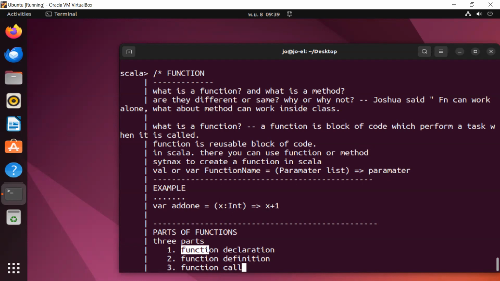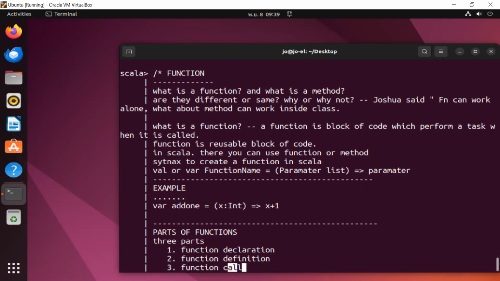During the function declaration, you need to pass the parameters, and during the function call, you need to pass the argument. Another important thing, if you apply for a job, they may ask you, what is the difference between parameter and argument? Parameter is what you pass in a function definition. Argument is what you put in a function call. These are the 2 technical words which you need to underline.